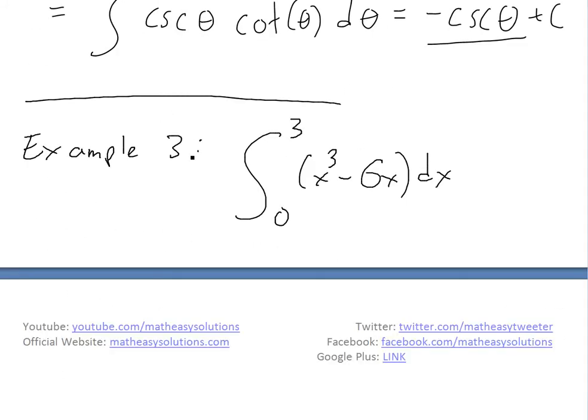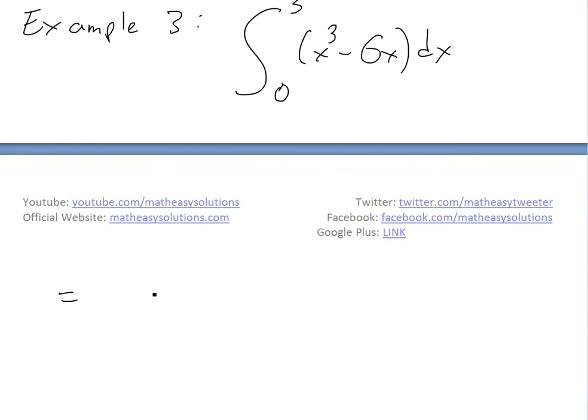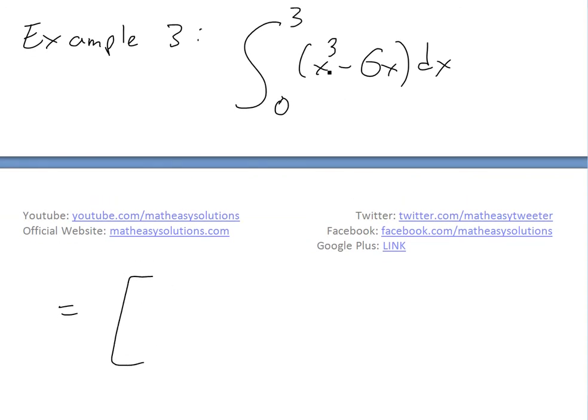Okay, so now if we move on to example 3, this one is actually evaluating a definite integral, from 0 to 3, of x cubed minus 6x. So we could break this apart and just take the antiderivative of both of these. Recall from my other videos, the antiderivative of x cubed is just going to be x^4 over 4 minus the antiderivative